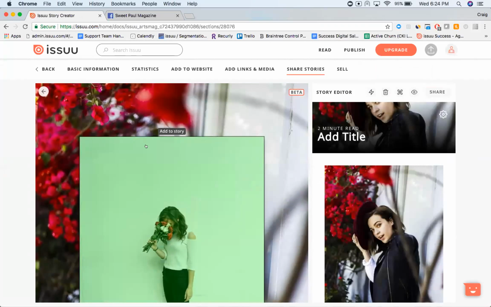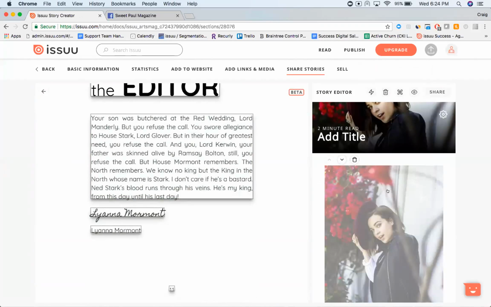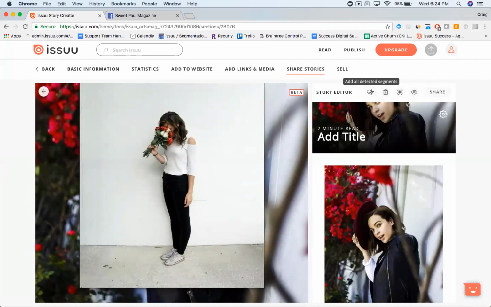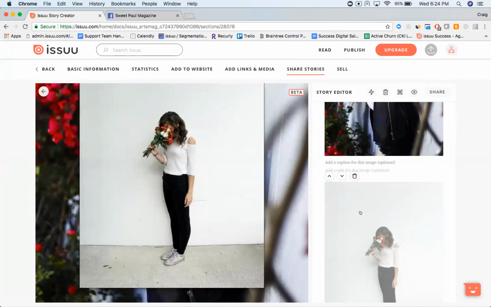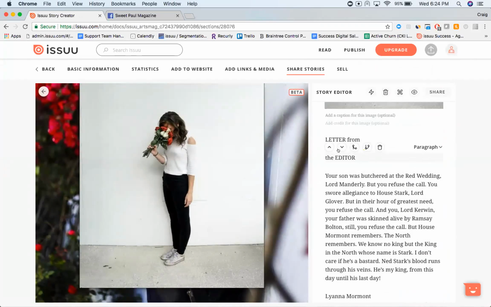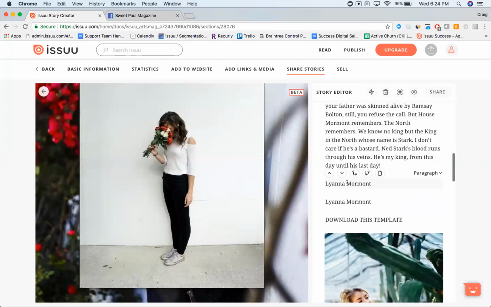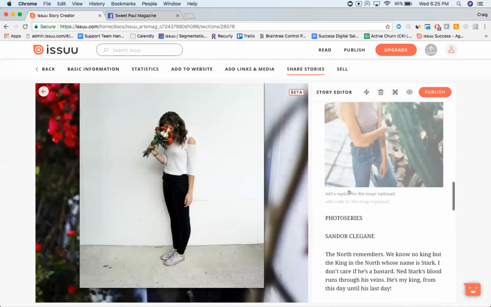So on the left-hand side, this will be all of your content over here. You can either drag and drop that content over here where you start building your story. You can also click right here, and this will include all segments, and then you can kind of decide how you want to focus your content from there. So you can see we have all this content over on the right-hand side. If I want to move anything around or if I want to delete it, I can do all that from right here. So if I want to get rid of this extra content, it doesn't exactly look the best in mobile when it looks like that. I can easily just delete that, and then you can do all of that in real time.